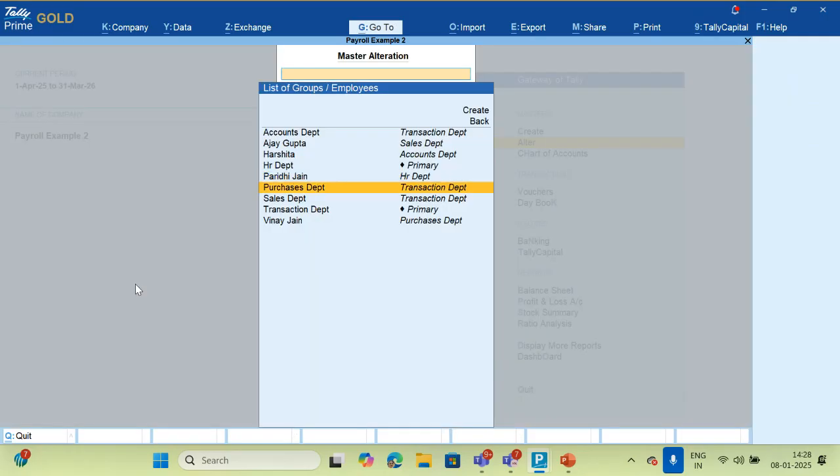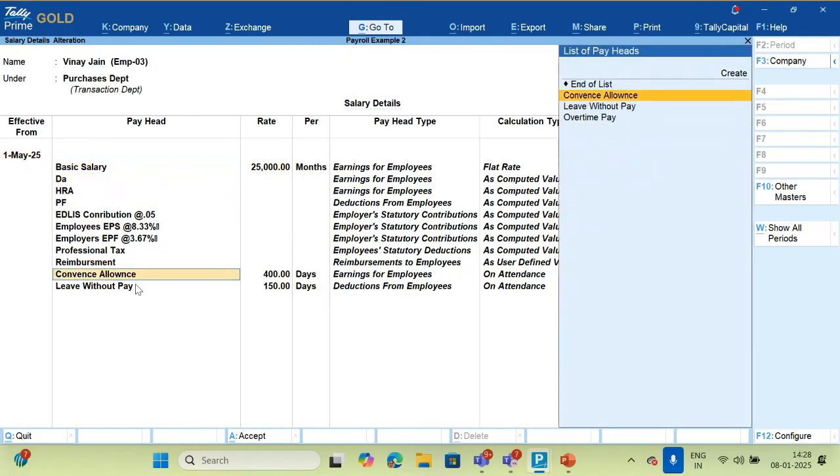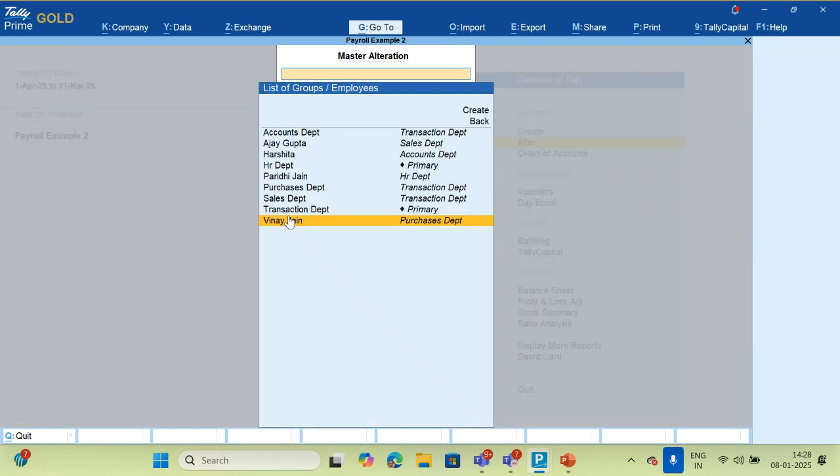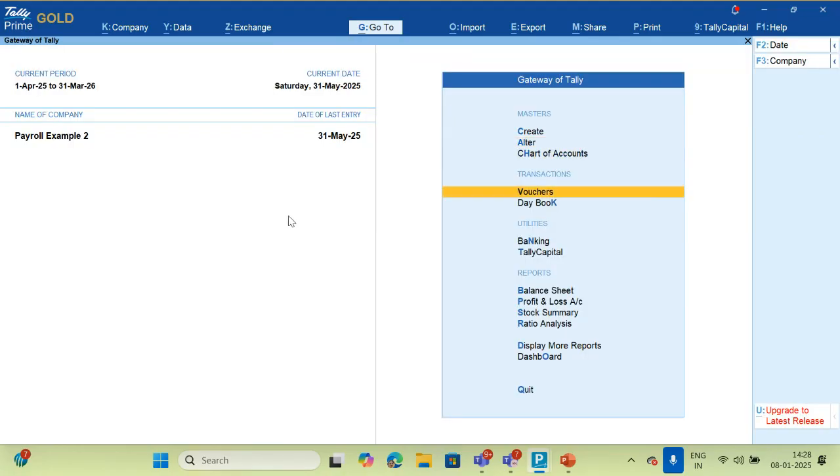Then purchase department, sales department completed. Now Vinay Jain. He is in the purchase department, so overtime pay is 250 rupees. Okay. Everything you can understand from here, also flat rate, computed rate. If you wish, then you can take the screenshot, control it. Then you have to pass the